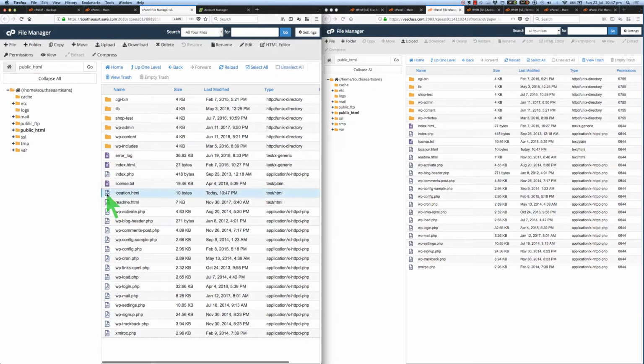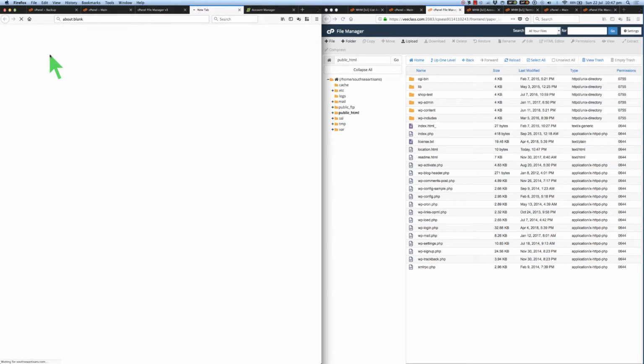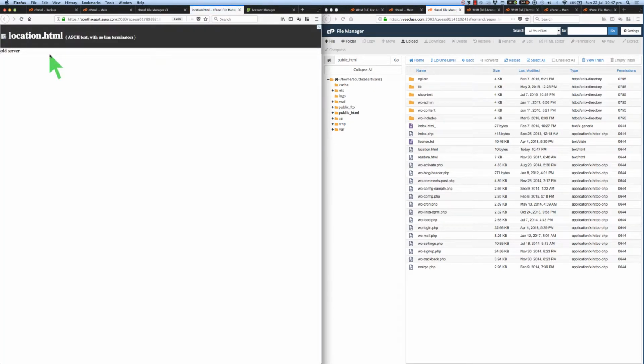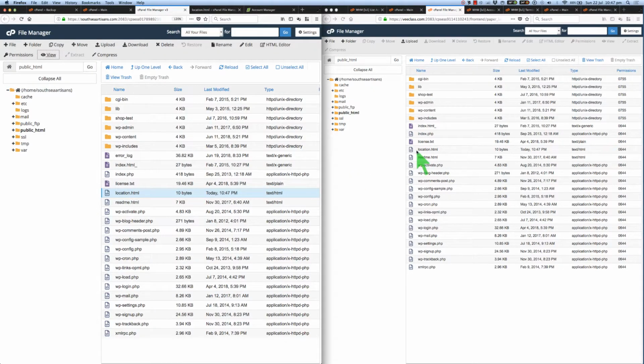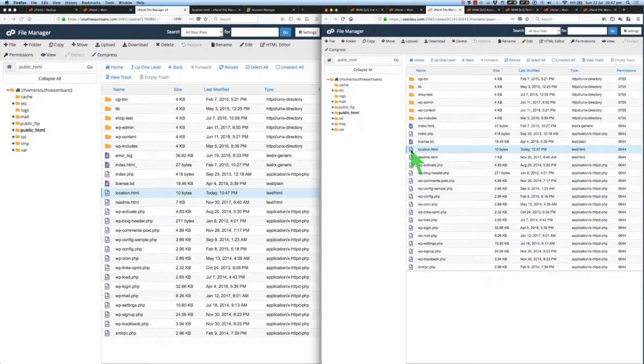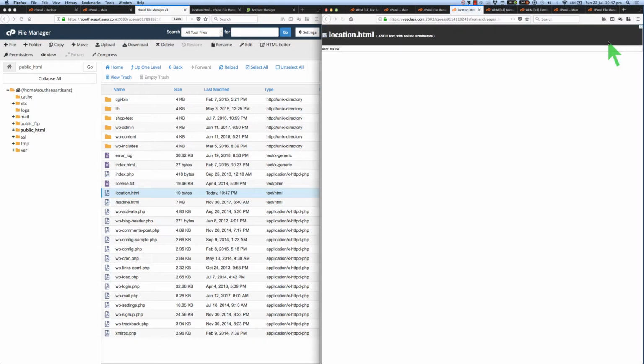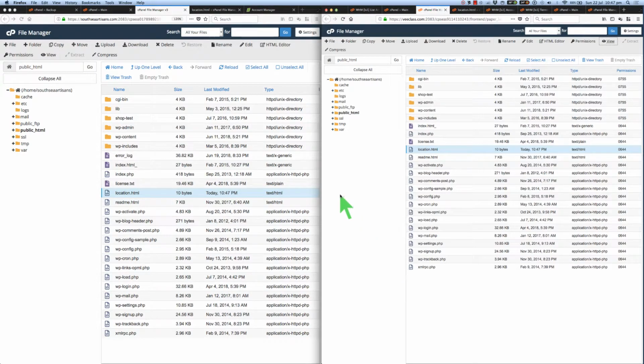Okay, location.html. I'll just check that, view that file. That's the old server. Great. And the new server. You can probably guess why I'm doing this. Because the domain name is not going to change. The only way I'm going to be able to tell when this has happened is by